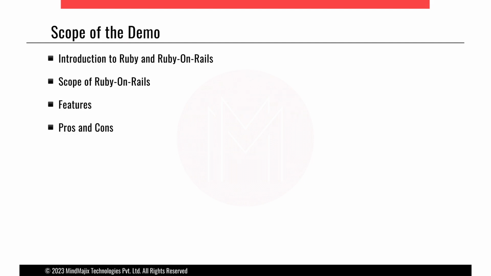Compared to other languages, with Ruby on Rails we can write the code in less time in a productive manner. So it is a beginner friendly language. And also Ruby is a beginner friendly language, and Ruby on Rails is a